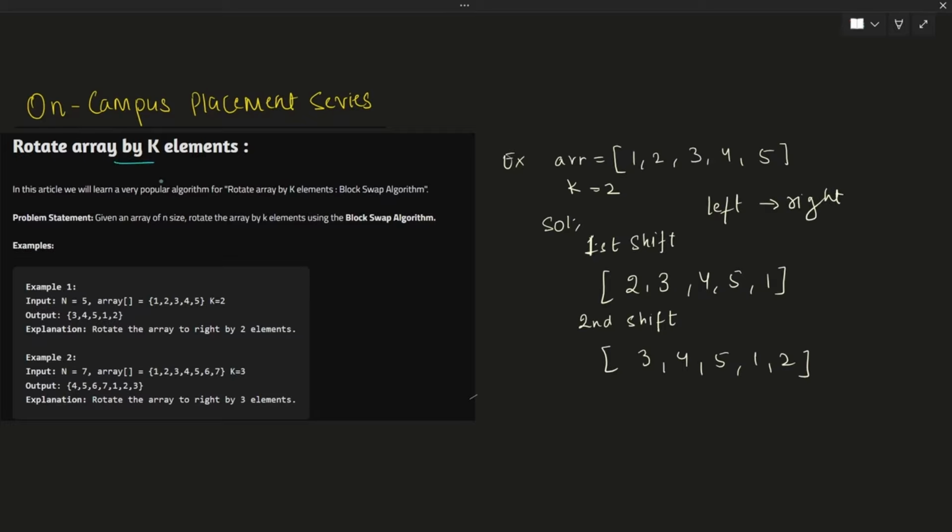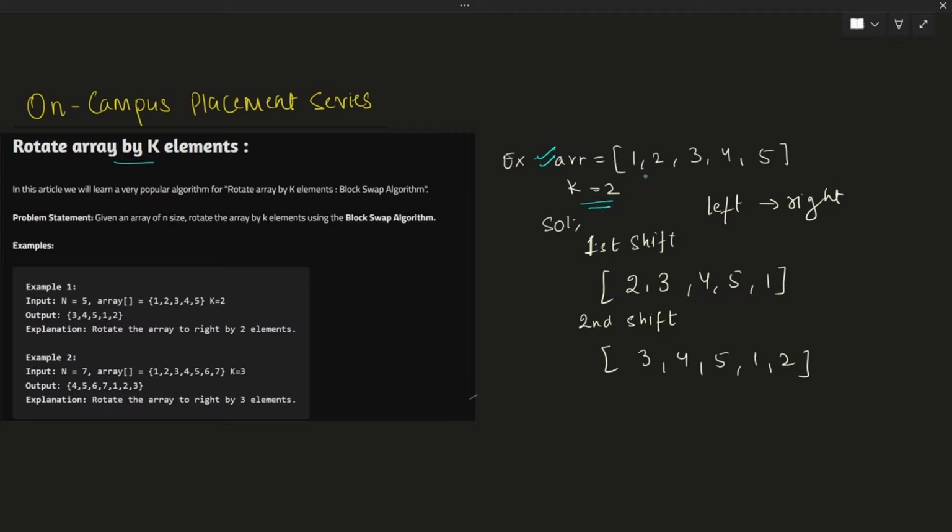So there is a small problem statement, but I will take you directly to the problem. The problem states that we are given an array, and there is a k which is given as 2. We need to shift